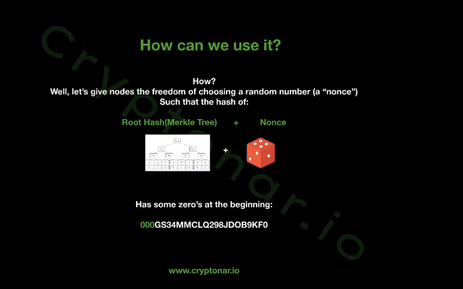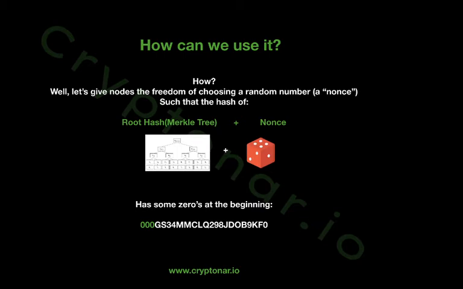So what we can do, on one side, is get the root hash of the Merkle tree, which synthesizes the block that contains all these transactions in a compact way. But this hash alone would always give the same result, and if there are no zeros in it, bad luck, it cannot work. We need to match the condition of the zeros, but also we need to put the transactions that we have in the block inside the hash.